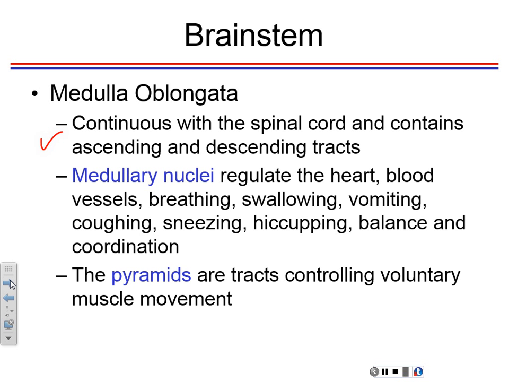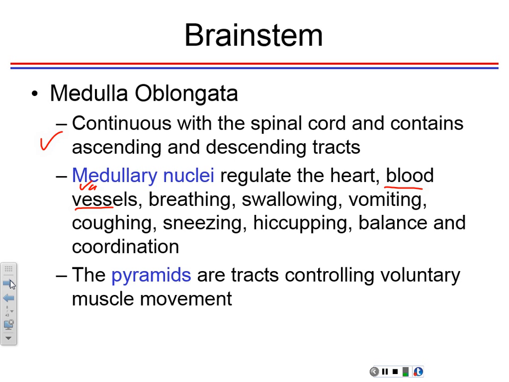So you can see what it's doing right now. Breathing rate, it controls the vasomotor center, which controls the blood vessels. The vasomotor center controls the smooth muscles in the blood vessels, so that when they're relaxed, the blood vessels are larger diameter, and therefore the pressure is lower. When you lose blood, normally you start to constrict your blood vessels to maintain the pressure, so that you can send all the blood to the extremities. Okay,